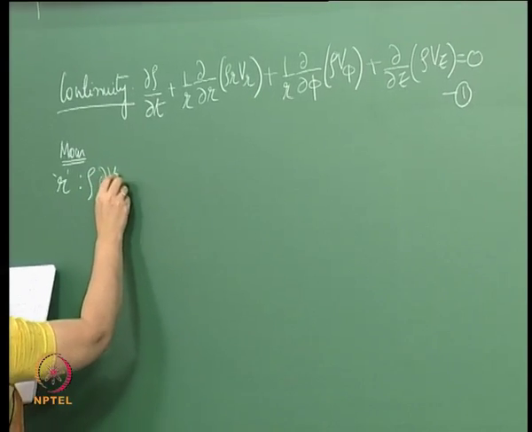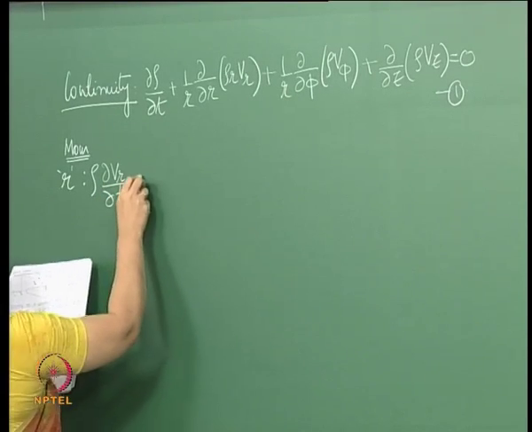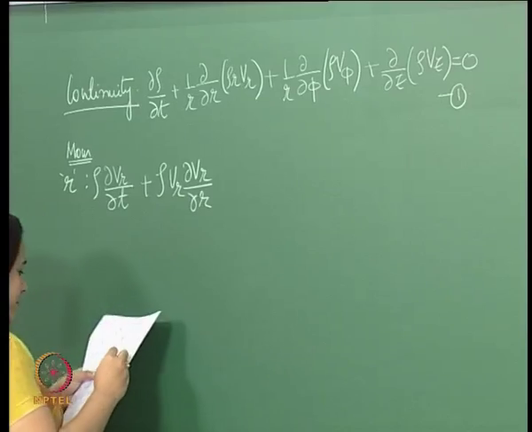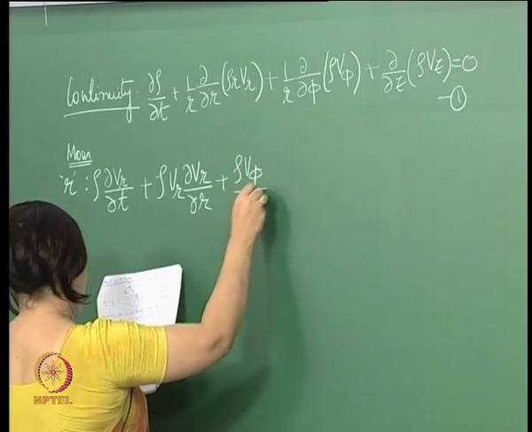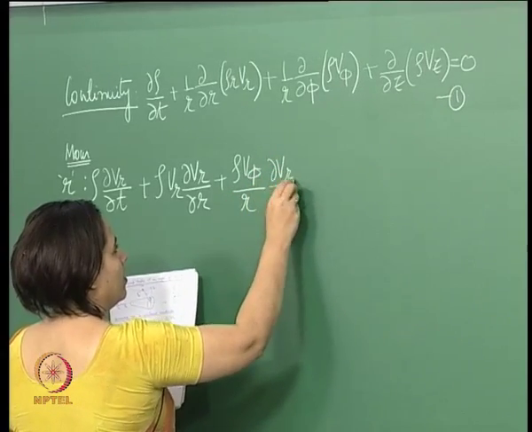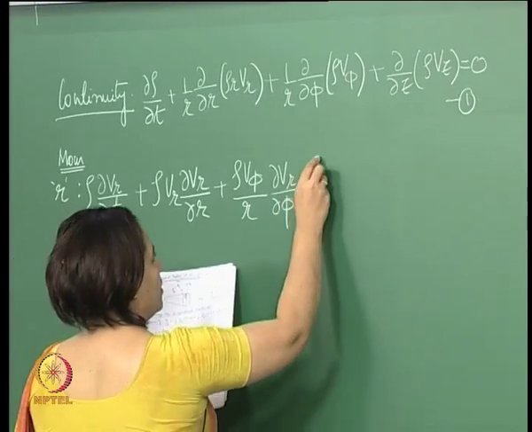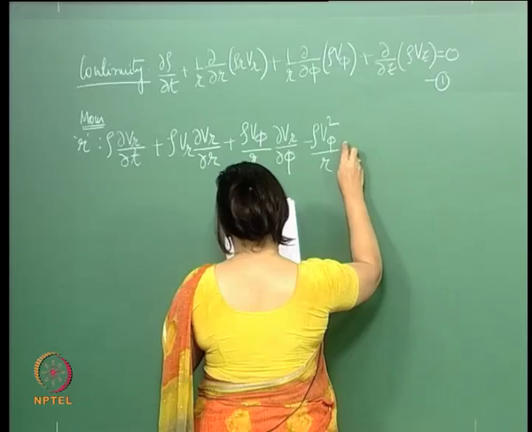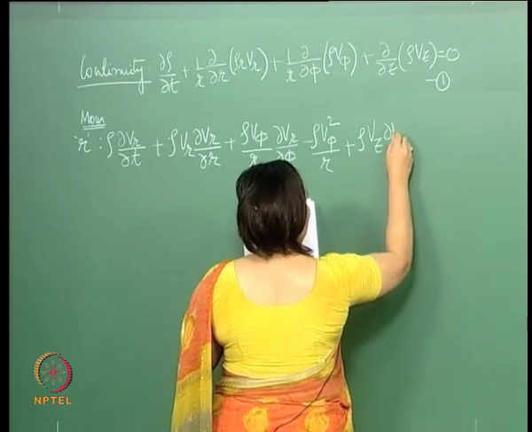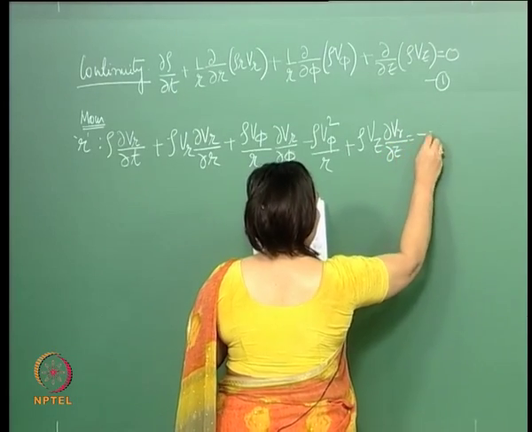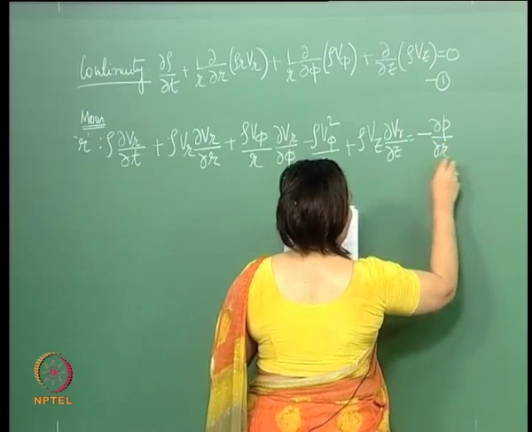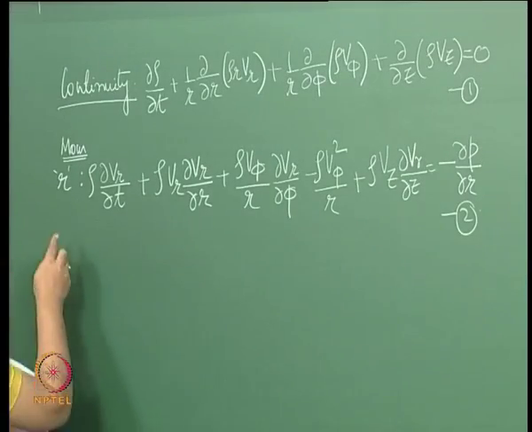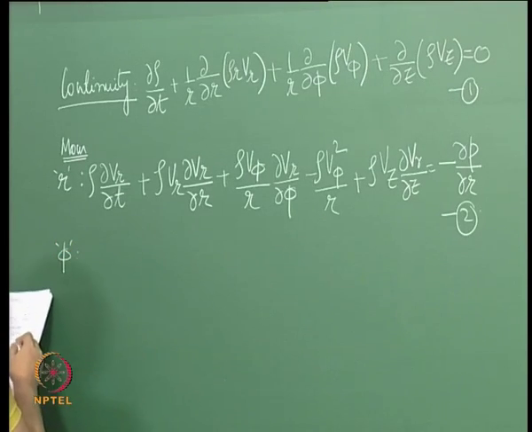That is rho. Okay. So, that is the momentum in the R direction. Then in the phi direction,